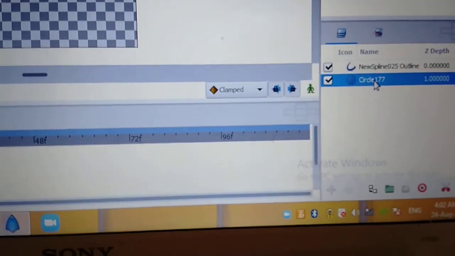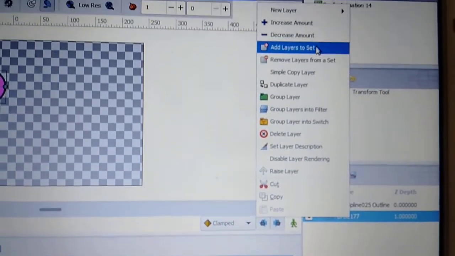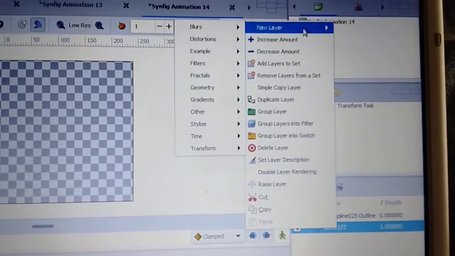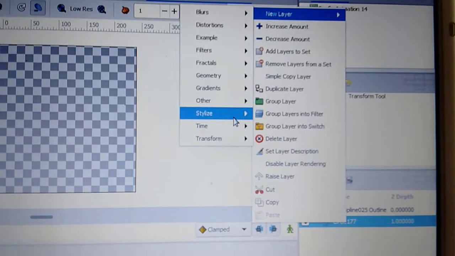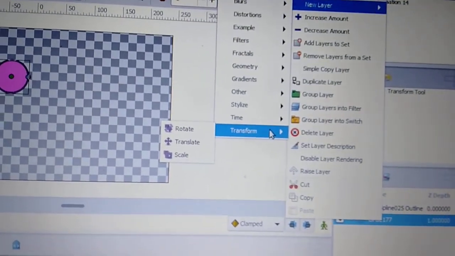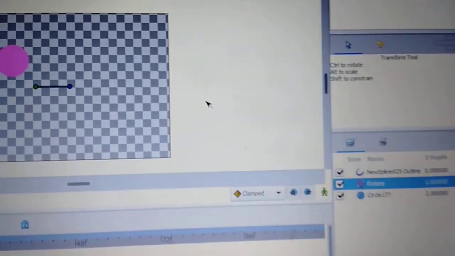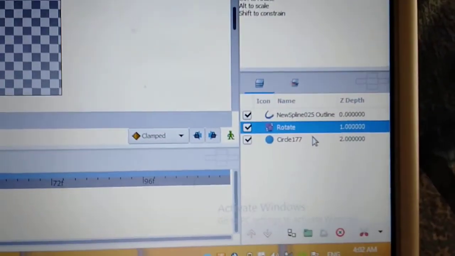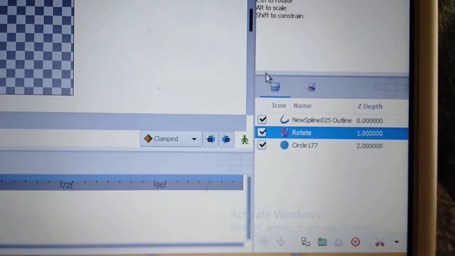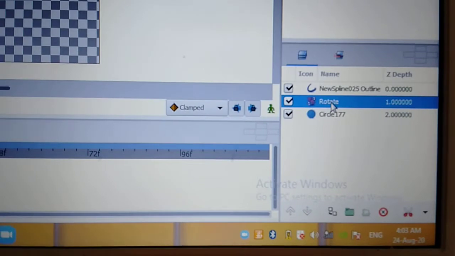Layers panel. In the layers panel, you have to select the circle layer. Right click on your circle layer and select new layer. Inside new layer, you have to select transform. Inside transform, you have to select rotate layer. Which layer? Rotate layer. As soon as you select rotate, you can see rotate is added in your layers panel. Clear? Rotate layer is already added.